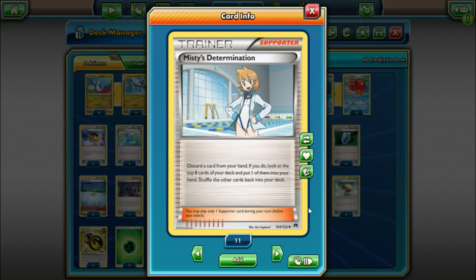And sometimes we don't want to Sycamore our hand away, so that means Teammates and Sycamore are sometimes not an option. So sometimes Misty's Determination is actually a much stronger card because we can dig through the top 8 cards of our deck to try to hit a Double Dragon energy. So in my testing, it's actually been a really strong card, much better than I thought it would be when I first put it in this list. So we're playing one of that,